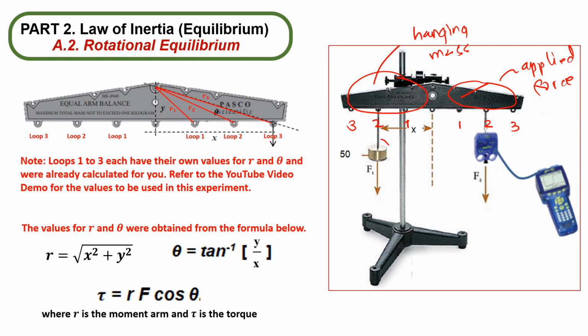So for the hanging mass, we need to use, of course, different masses here. And for the applied force, whatever the reading is here using the force sensor, that's the value of the applied force. Since we're talking about the hanging mass here, we need to get the F1. The F1 here is equal to the weight of the hanging mass. To compute that, it is simply the mass of the hanging mass multiplied by acceleration due to gravity. The acceleration due to gravity here, we're going to use 980 centimeters per second squared,